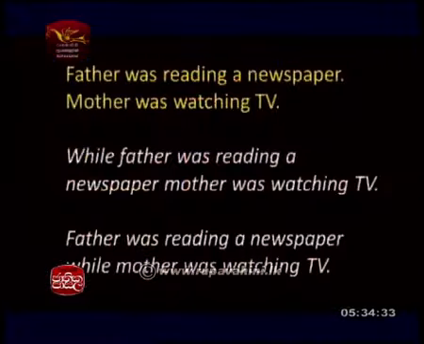Now you can see some sentences on the screen. Shall we read the first two? Father was reading a newspaper. Mother was watching TV. Both sentences belong to past continuous. Father was reading a newspaper and mother was watching TV. They must be doing it at the same time. So we can join these two sentences using